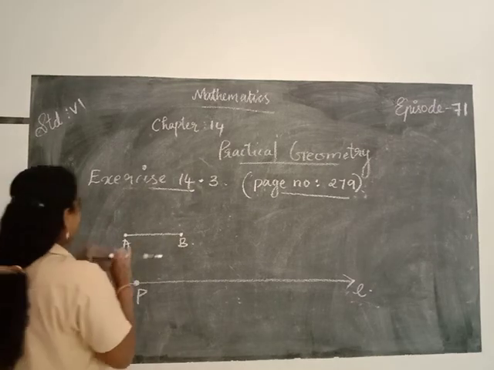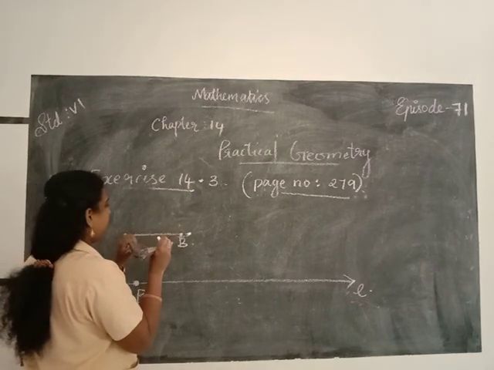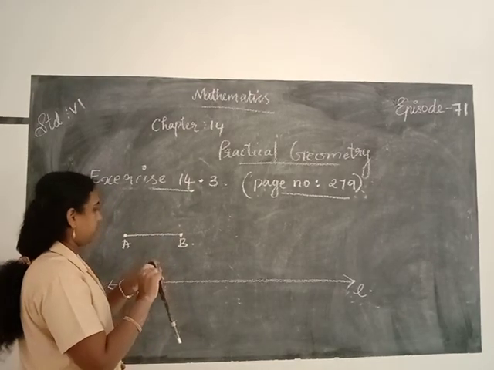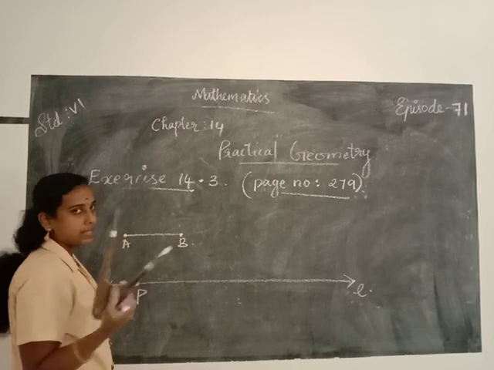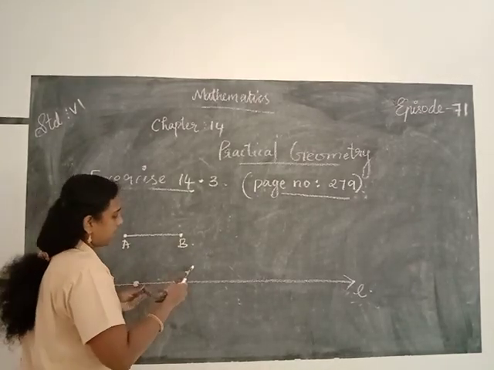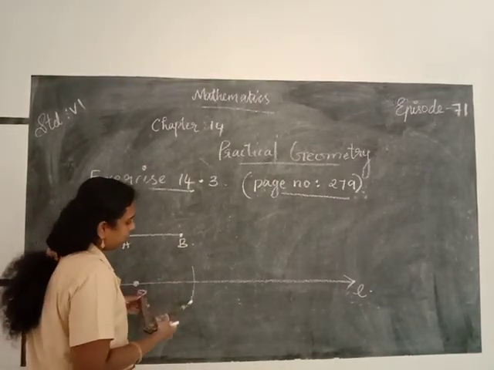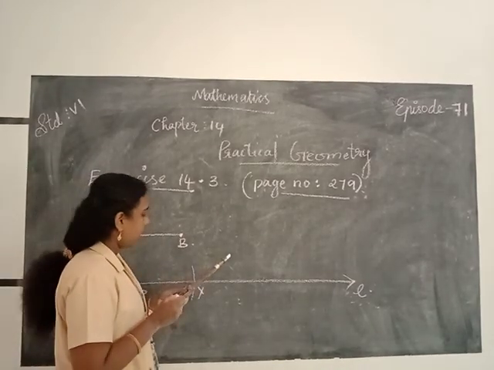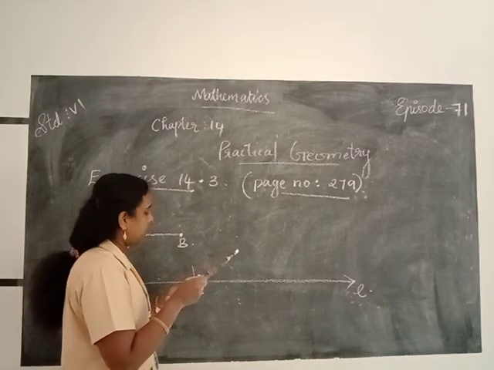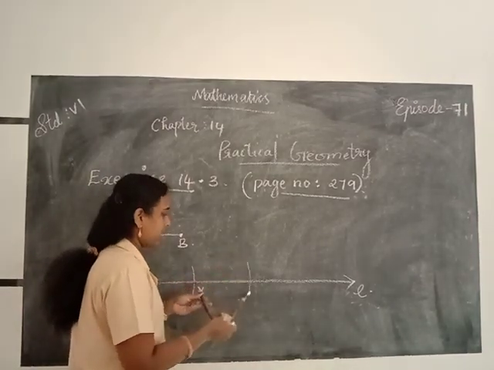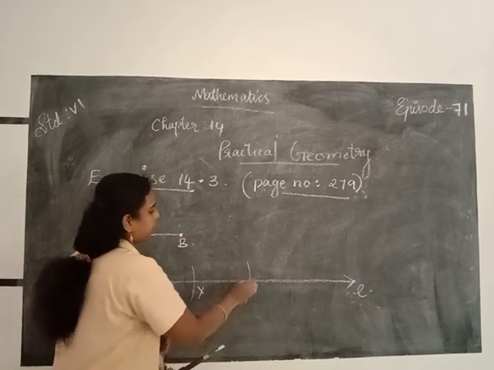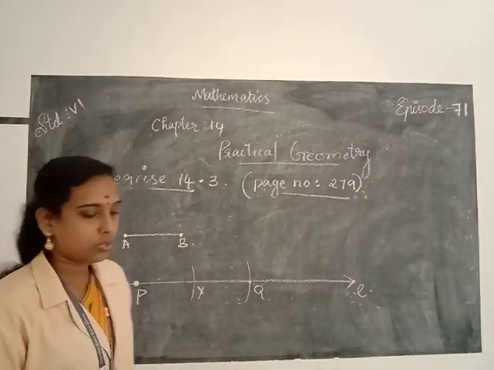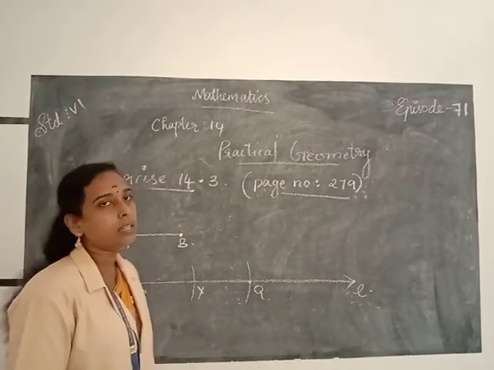Then PQ measures twice as much as AB. So you just take the length of line segment AB in your compass. Then place the pointer on point P. Then swing an arc. Then mark the point X. And PQ is twice AB. So you place the pointer on the point X, then make another swing from point X. Then mark the point as Q. Then you get the line segment PQ which measures twice line segment AB.